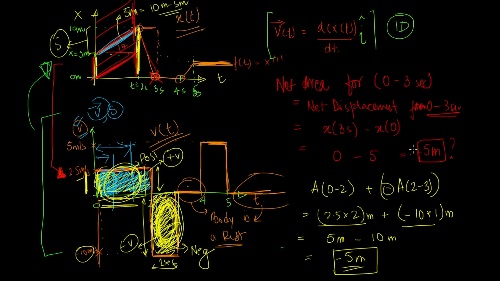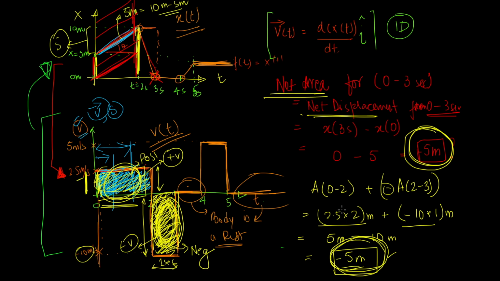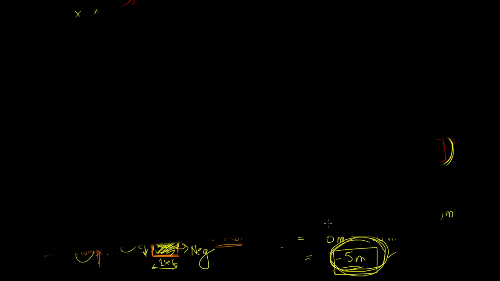So what we have gotten so far is the fact that the net area corresponds with net displacement. And the reason is because this term here, the net displacement, what we get from x versus t, comes exactly to be the net area from v versus t. So you see a correspondence, you see an equality. That is to say that the net area in v versus t corresponds to the net displacement in x versus t. And that is how you get the x versus t graph back from v versus t graph. So far, just to summarize everything that we have done, we have